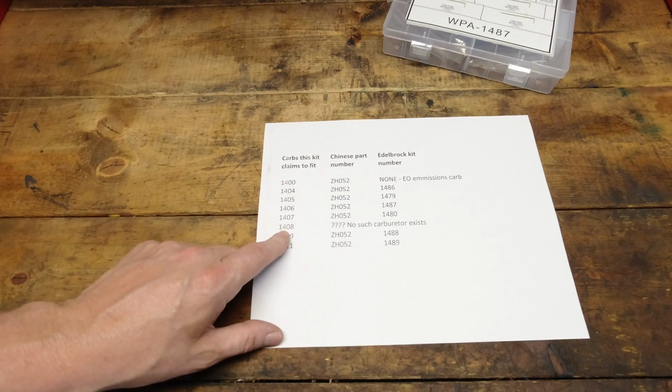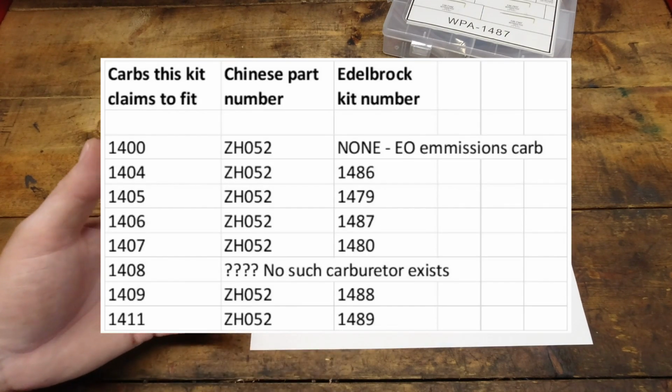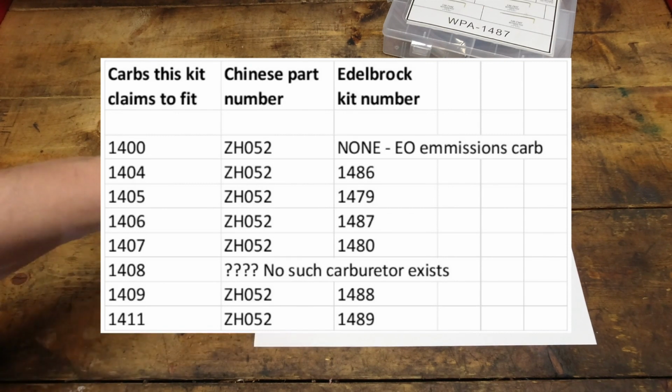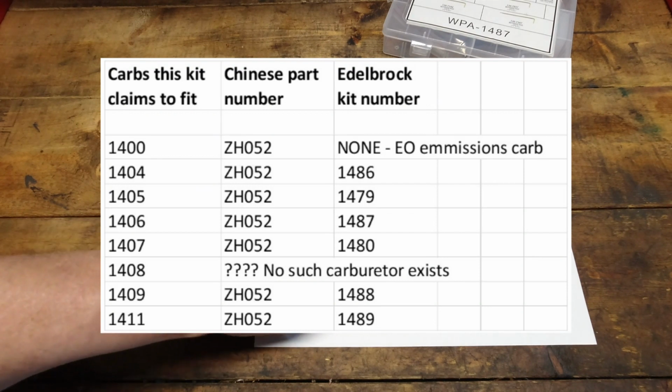The second one's a 1408. There is no such part number. No such carburetor exists. So, okay. And they list this same ZH052 part number for all of these carburetors, and here's the corresponding Edelbrock part number